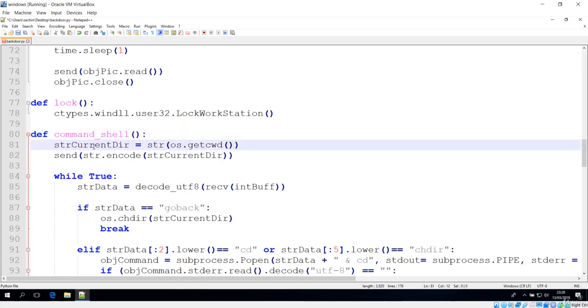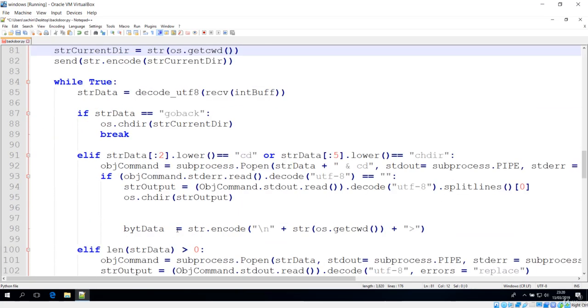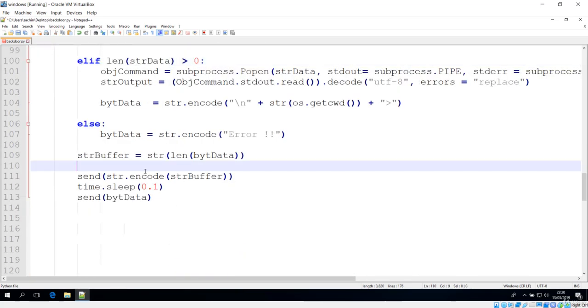Now this lecture has already been a long lecture, so in the next lecture we'll execute what is sent from here back to the server. We'll see how that will be evaluated, and we'll format it so that it will be presented to the user. So this will be a wrap for this lecture. In the next lecture we'll complete the server side, and we'll see the output. So see you in the next one.